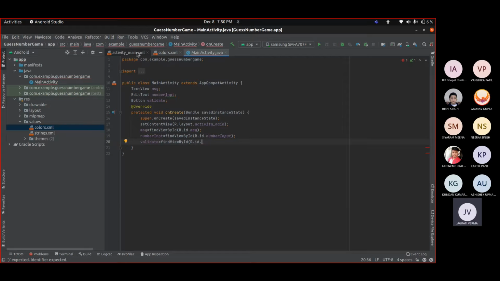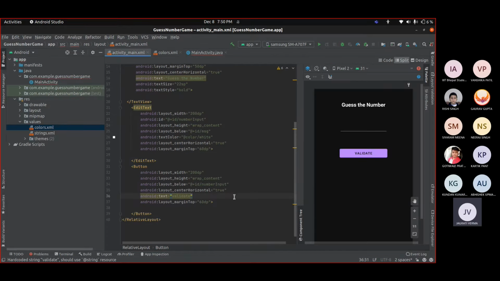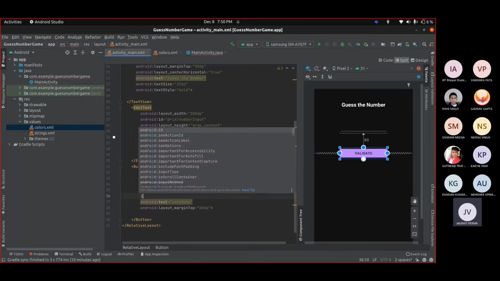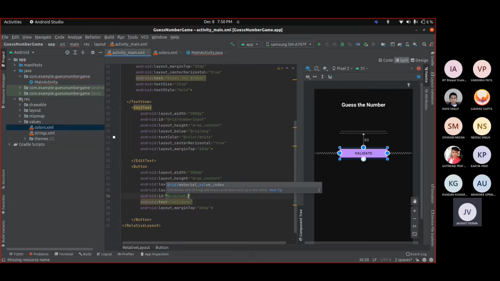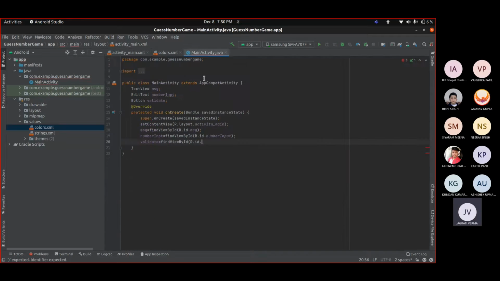Okay. Let us go to activity main. Okay, here we haven't given the id to our button, so type here id as validate. Now here you can see we have received an id of validate, the id that we have given in our user interface. Now what we can do is now we have to